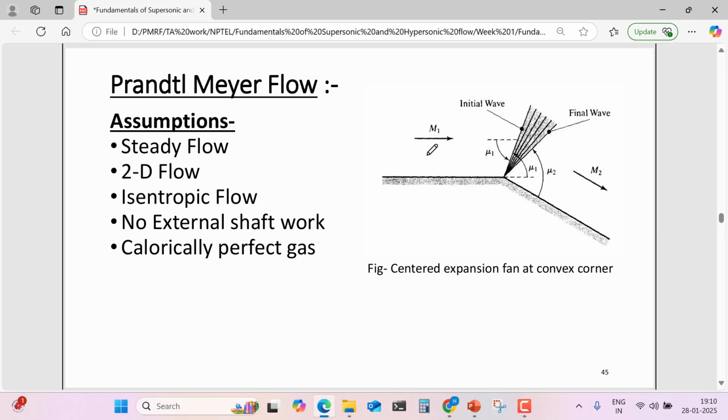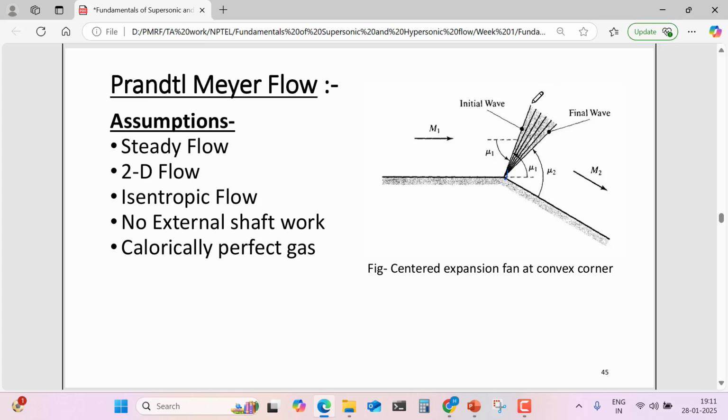Now we will discuss the Prandtl-Meyer flow. We have seen what happens when flow is at the concave corner, and now we will see what happens when flow is at the convex corner. When flow turns away from itself, this Prandtl-Meyer wave forms. Generally, this Prandtl-Meyer wave is a combination of Mach waves. Here, these individual lines shown are the Mach waves,